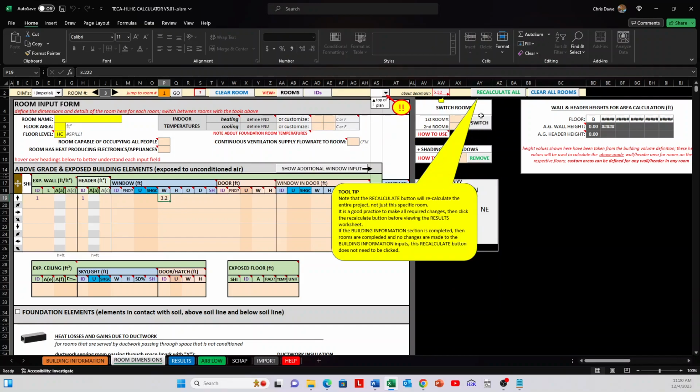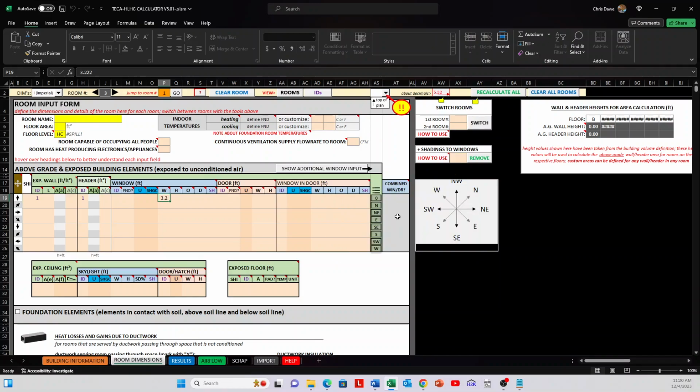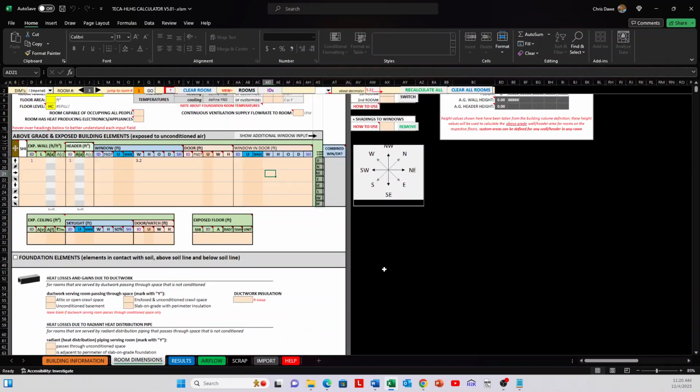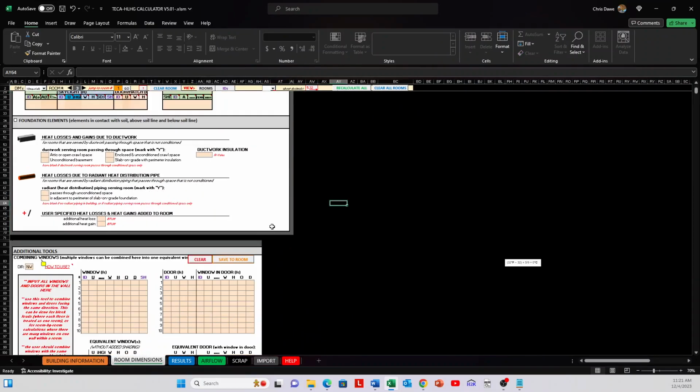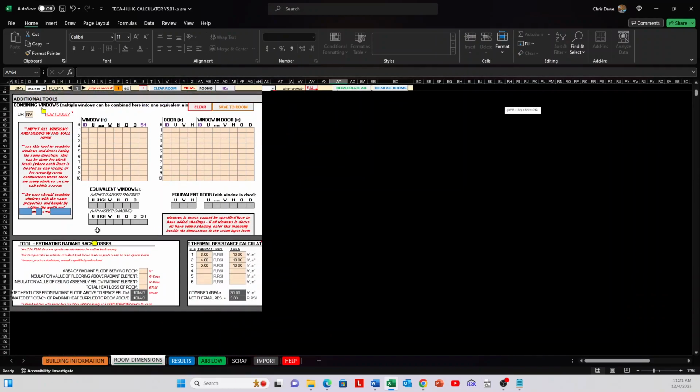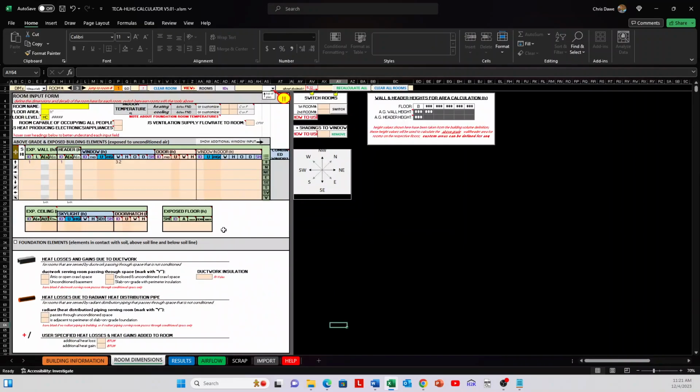This is about the recalculate button. Read through this tooltip. So this whole section here is the room input form. This is all the information for one room. Below that, we have tools for combining windows, for estimating radiant back losses, that's a new tool, and also for calculating a net thermal resistance if you have different wall types. So in this room dimension form,